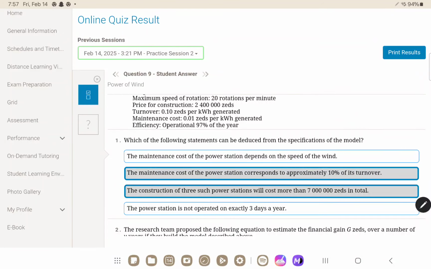The power station is not operated on exactly 3 days a year. That would be true if our year was made out of 100 days, because it's 97% of the year. So 97% of the year it's working, so times 365, and then you'd subtract from 365. But technically this would only be true if our year had 100 days, not 365. So now,